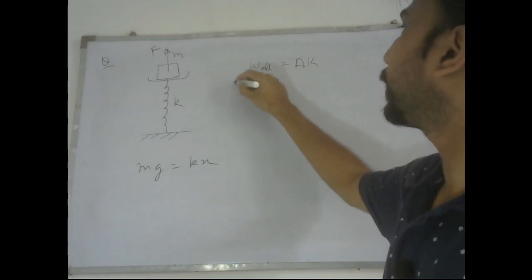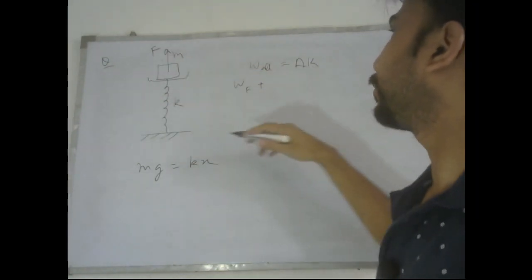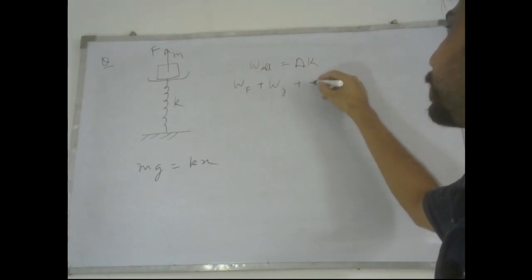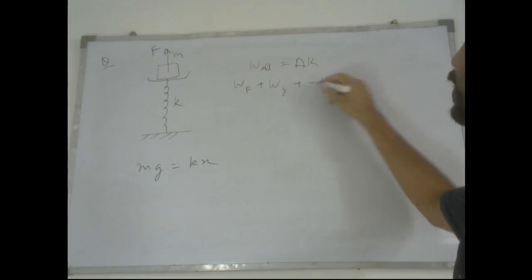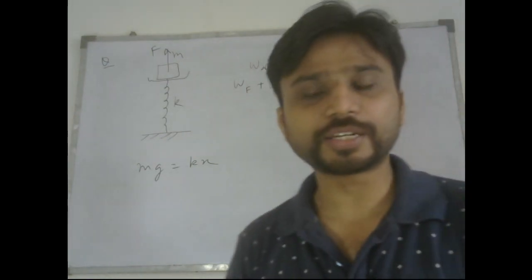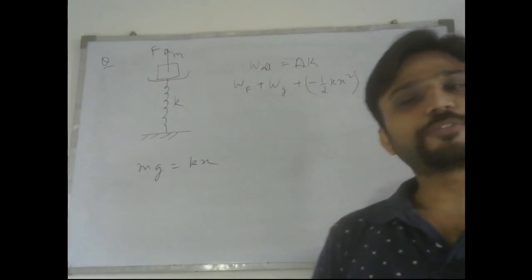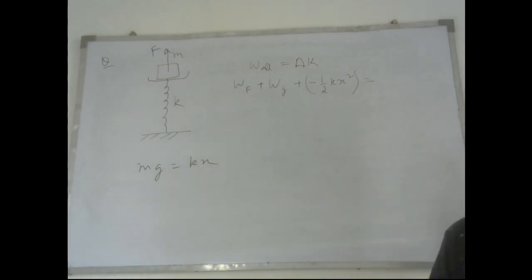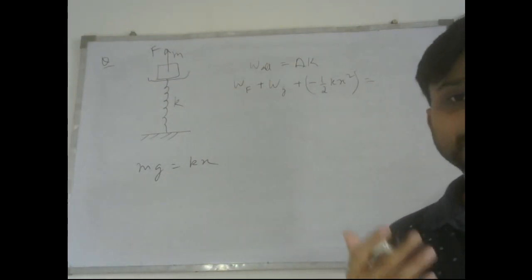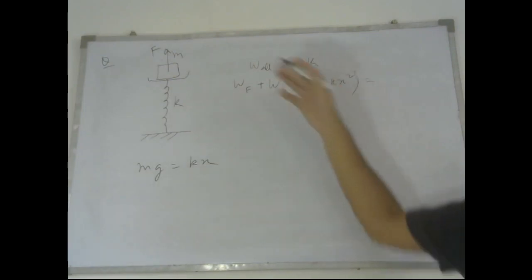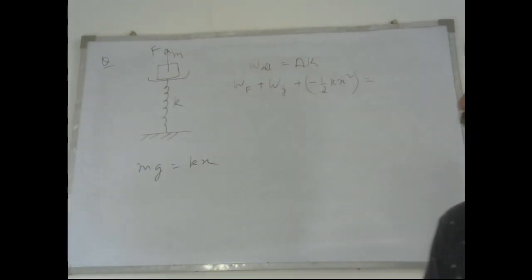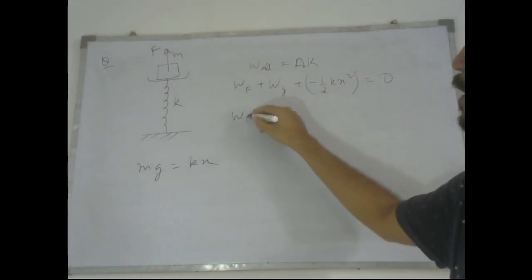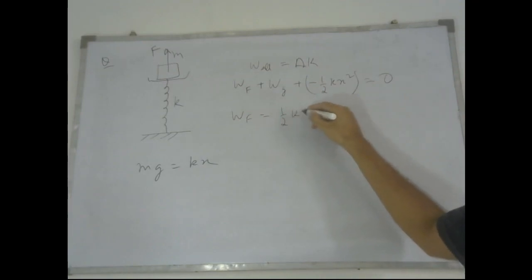So work done by F is what we have to find. Then we have work done by gravity, work done by spring, that is minus half kx square, which we can write directly. And the sum of all forces, that I told you in the last question. I said that when the initial and final kinetic energy of the body are not only the same but they are zero, since the system has to be finally brought to equilibrium and at rest, the change in kinetic energy becomes zero. So from this we can write work done by F is simply half kx square, that is this term right here,